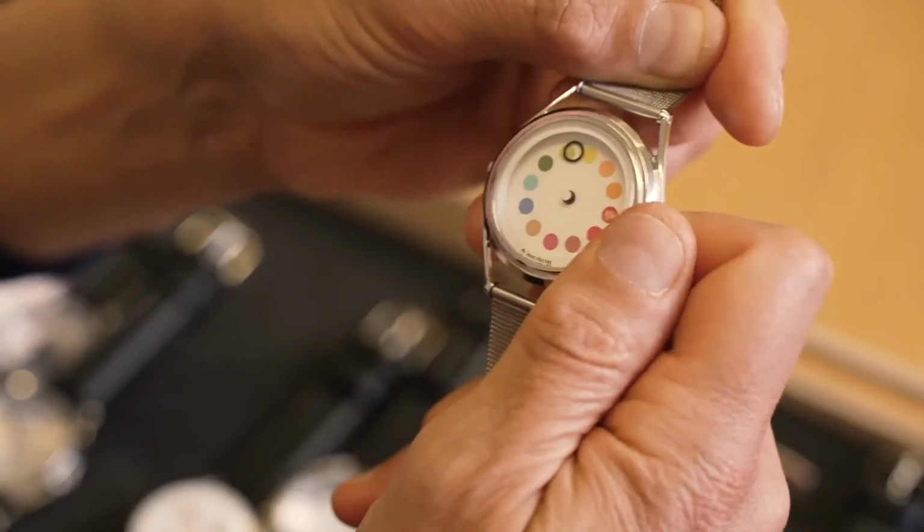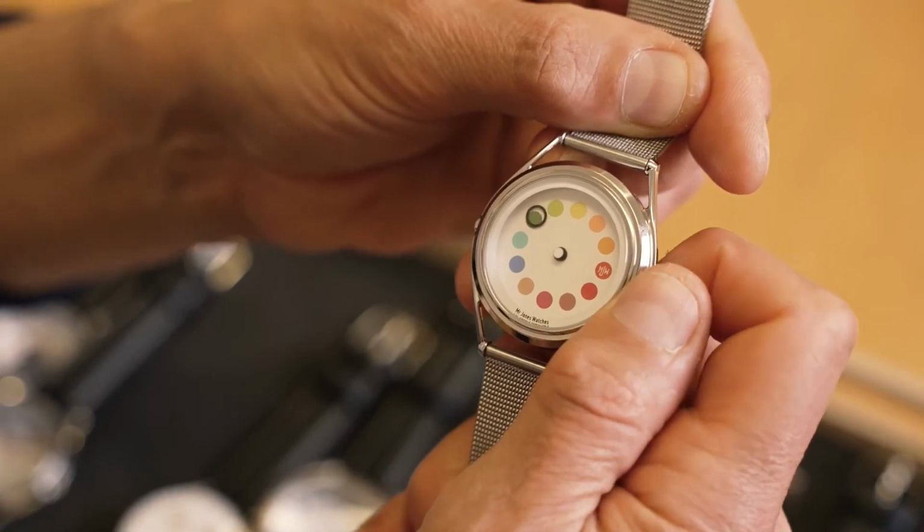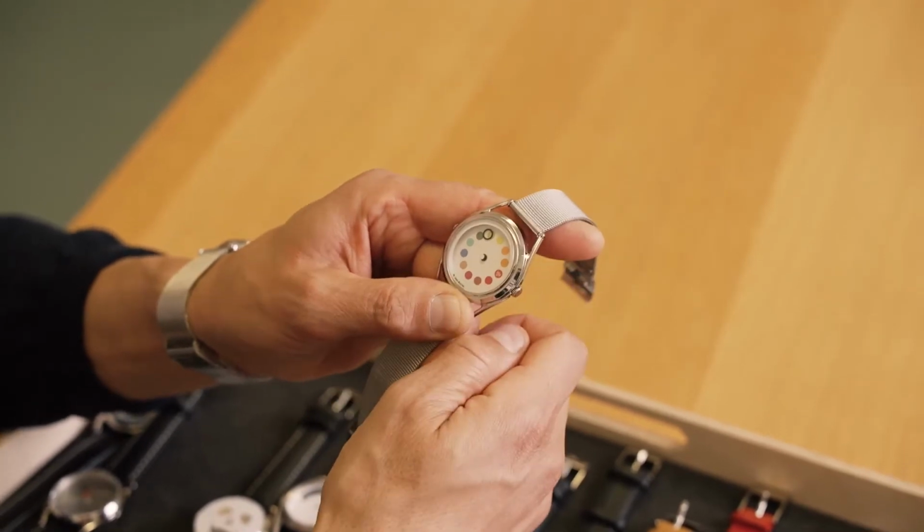conventional way of displaying the time. It's got a shorthand meaning the hour and longhand meaning the minutes. Cyclops was a more playful watch, so it's got a single hand to show the time, which is in this case just the hoop, and it's really using the fact that the hand is printed on the transparent disc, so you've got no visible connection to the center, and instead of numbers for the hours, you've got the 12 coloured